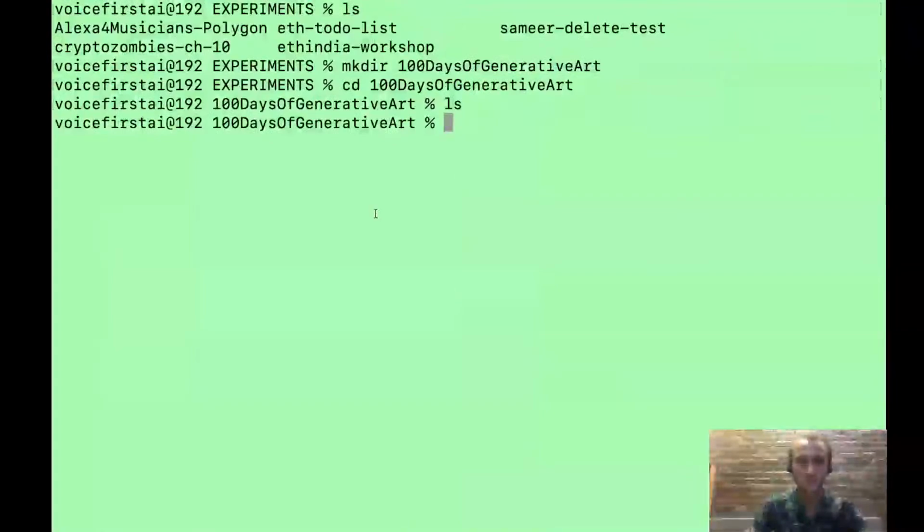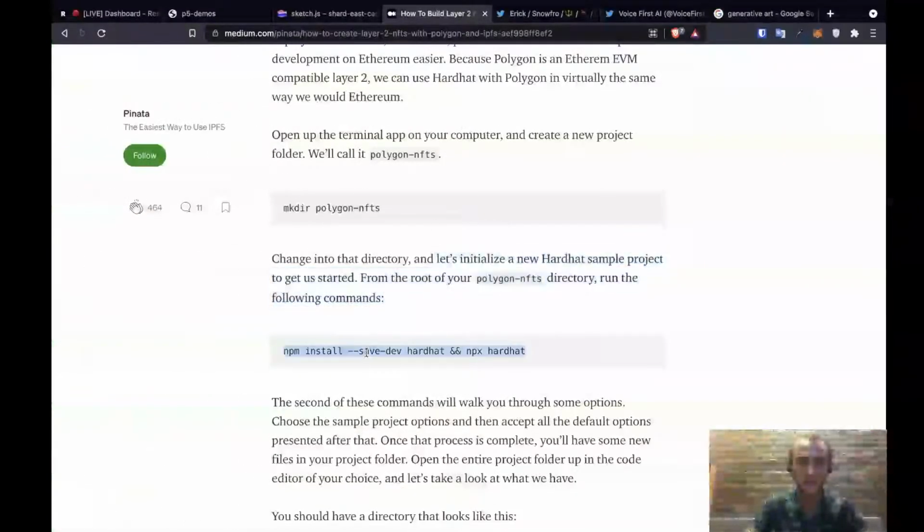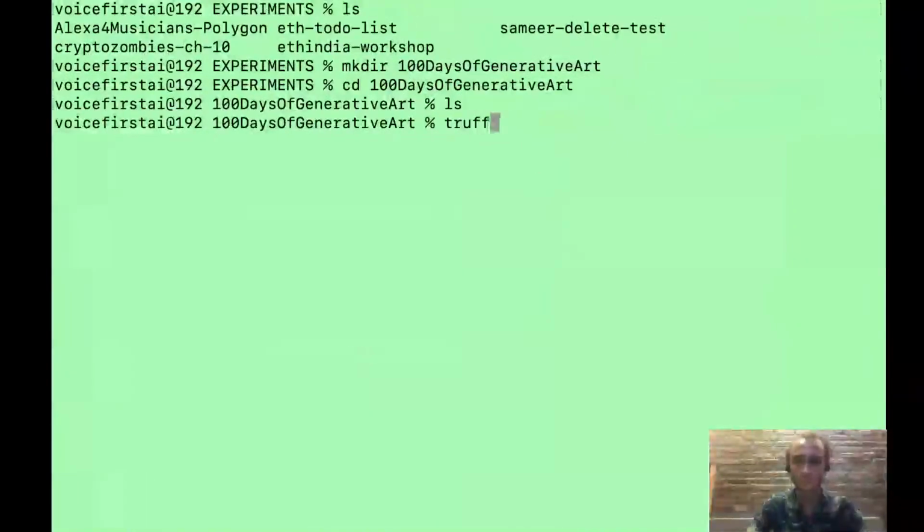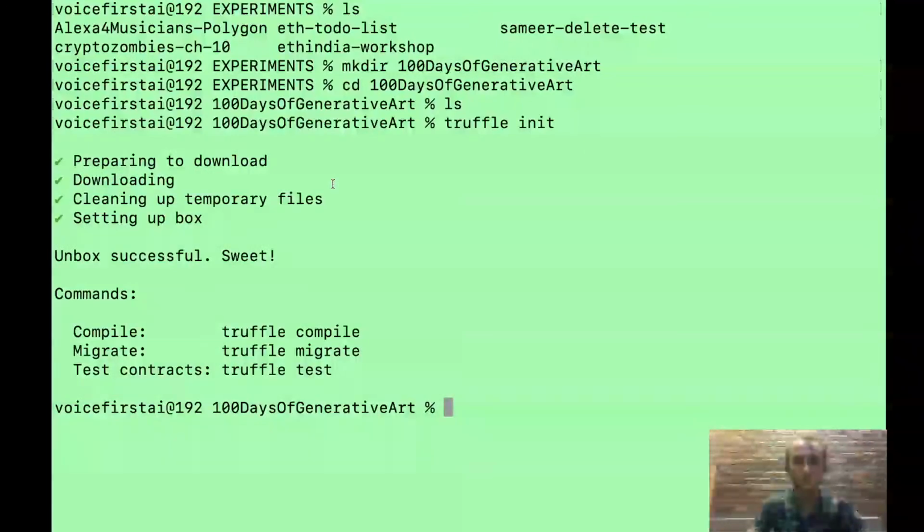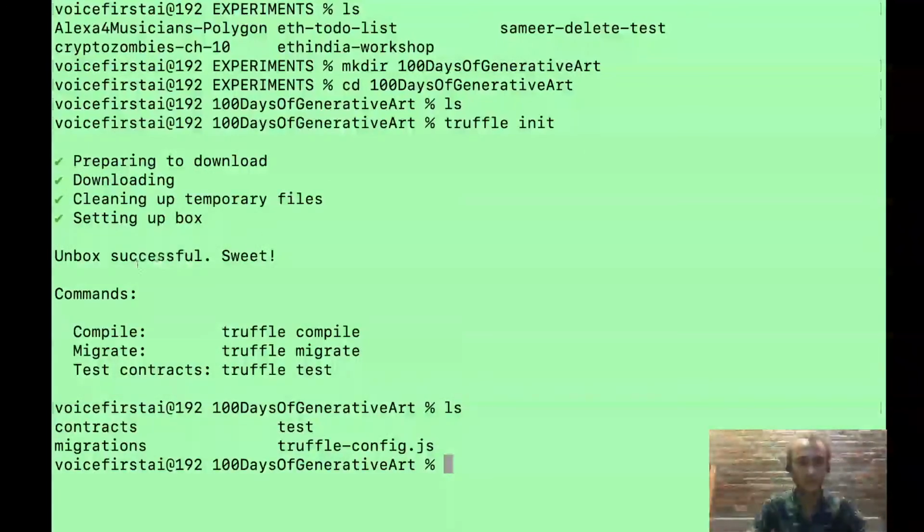Okay, instead of installing Hardhat, I'm just going to run truffle init, which creates a new Truffle project. We can now see inside of our project we have multiple folders: a contracts folder, a migrations folder, and a test folder, as well as a truffle-config.js. I'm going to open this up in my code editor with the command code ./